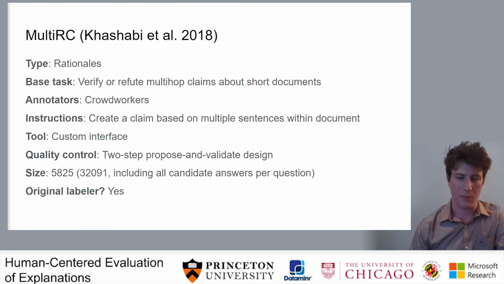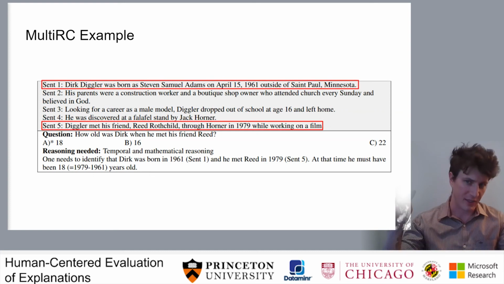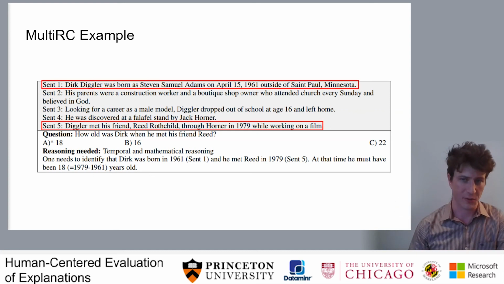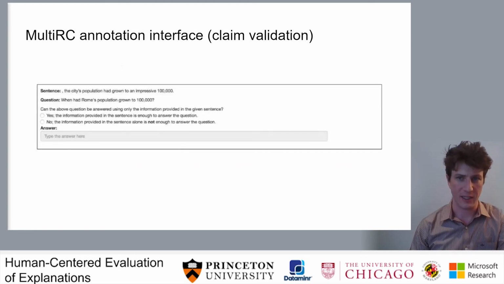dated now. MultiRC, by contrast, is a reading comprehension dataset where the explanations were collected alongside the document-level labels. Each MultiRC example looks like the following: a multi-sentence document, a question about the document, specifically one that requires information from multiple sentences to answer. And then the explanation here is the sentences needed to answer the question. This dataset was collected in a two-step process. First, annotators were asked to generate claims grounded in multiple sentences. Then the claims were validated by having a second round of annotators try to answer them with only the designated